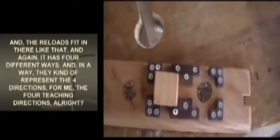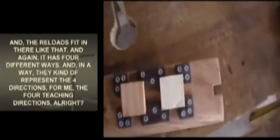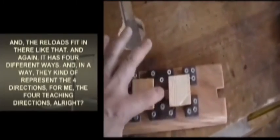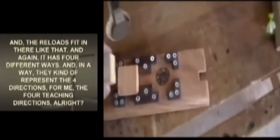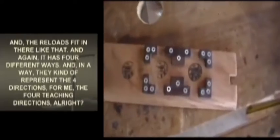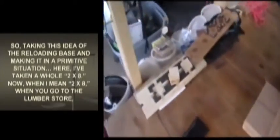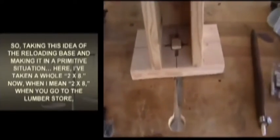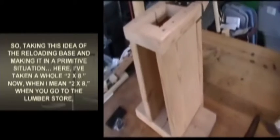And the reloads fit in there like that. And again, it has 4 different ways. And in a way, they kind of represent the 4 directions for me, the 4 teaching directions. All right. So taking this idea of the reloading base and making it in a permanent situation, here I've taken